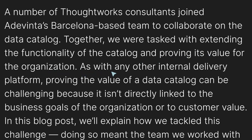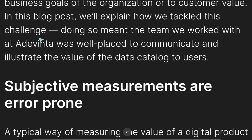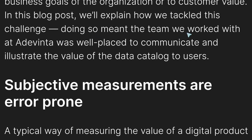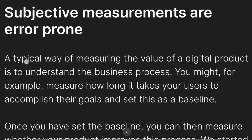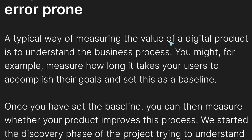Okay, so let's continue. As with any other internal delivery platform, proving the value of a data catalog can be challenging because it isn't directly linked to the business goals of the organization, or to the customer value. In this blog post, we'll explain how we tackled this challenge. Doing so meant the team we worked with at Adevinta was well placed to communicate and illustrate the value of the data catalog to users. Subjective measurements are error-prone. A typical way of measuring the value of a...